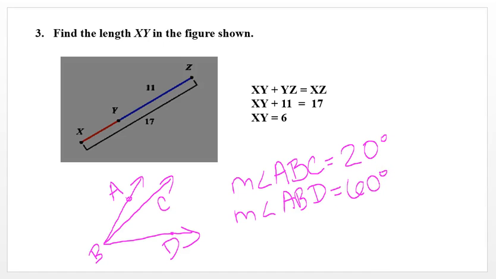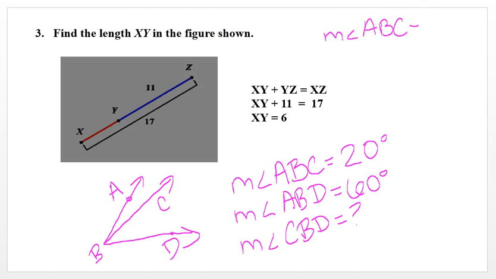And what is the measurement? We're going to try to figure out the measurement of angle CBD. What is that? Well, it's the angle addition postulate that is being used here. You should know that the measurement of angle ABC plus